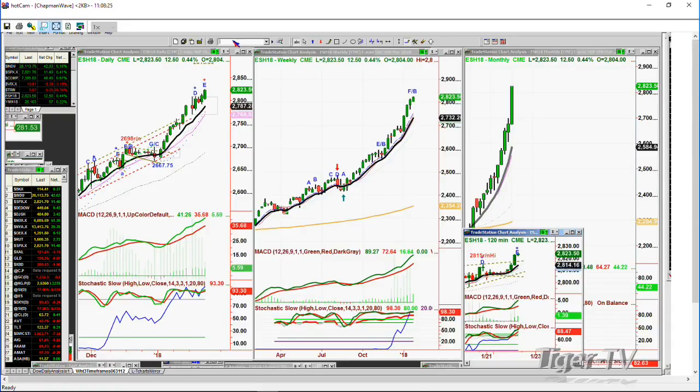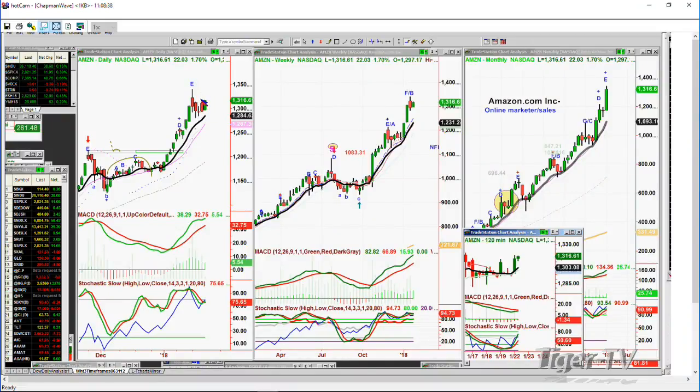Well, it turns out that if you go, let me just see if I can do that now. Let's just go to Amazon. I'll get to all the numbers in a minute. Amazon is up 22. It made a peak E about 5 days ago in the daily chart, and the technicals were good. They weren't great. The stochastic was not very good at all. And now all of a sudden you've got a strong move, but it is still quite a bit away from the